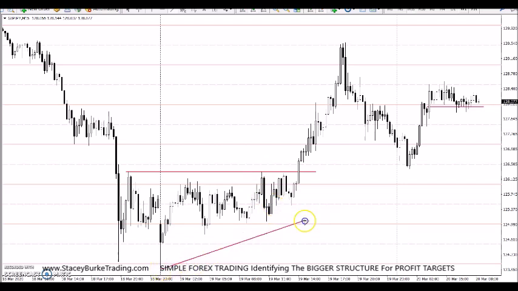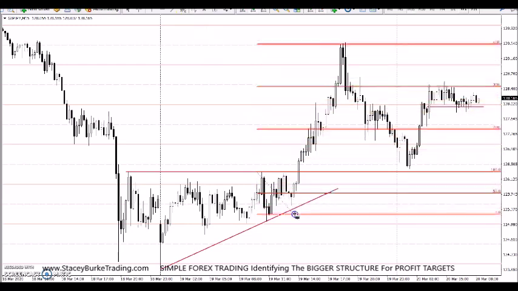Now, if we look at bigger structure, we can see that the market also gave us higher lows and consolidated inside of that peak before going 1, 2, 3, which we talked about in previous videos. 1, 2, 3 is either a blow off or a stop hunt. What happens next is either going to give us information for a possible continuation of a measured move or a reversal. The market gave us an engulfment, and then the little 15-minute hammer at numbers that stop hunted the breakout traders for a measured move of this